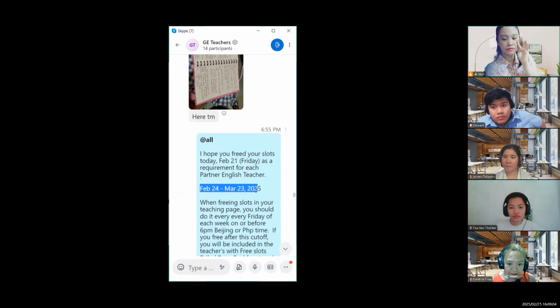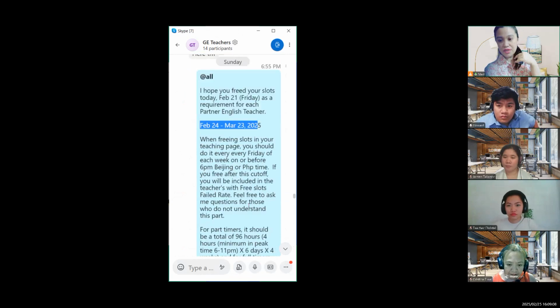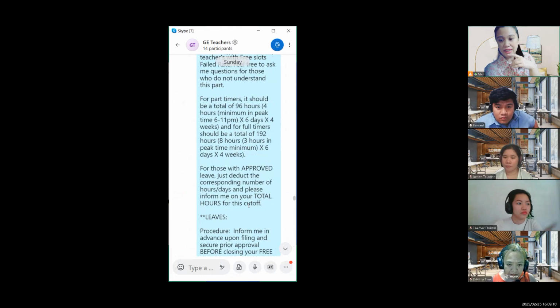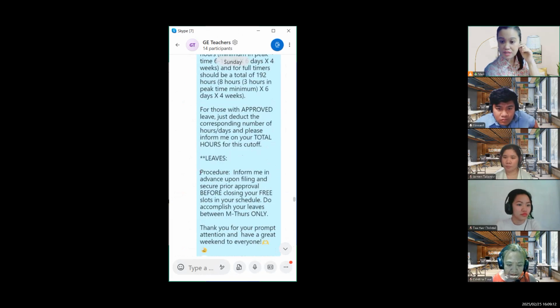Depending on the number of hours, that's what you open. And towards here, you can see this is the procedure. You need to inform me that you have already filed the leave. Then once you have done filing the leave, you inform me. And it has to be in advance, because if you already have bookings, your cancellation would be a waste.